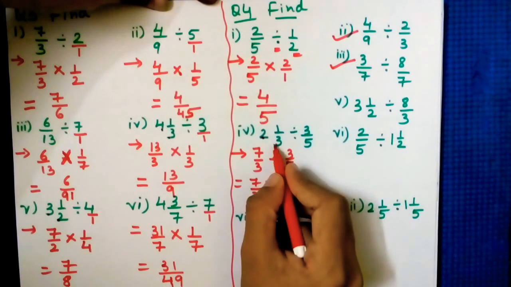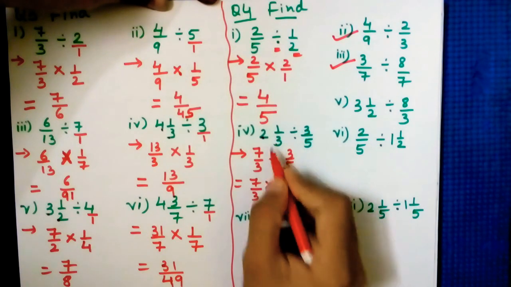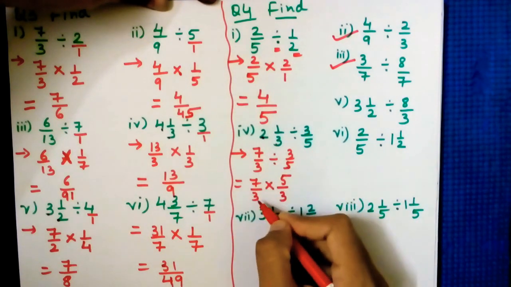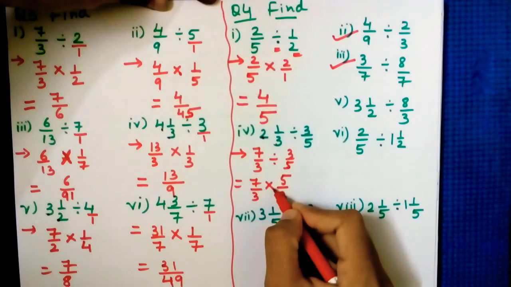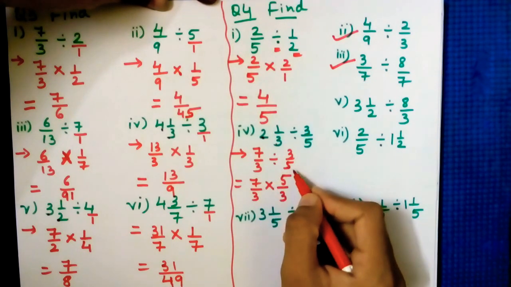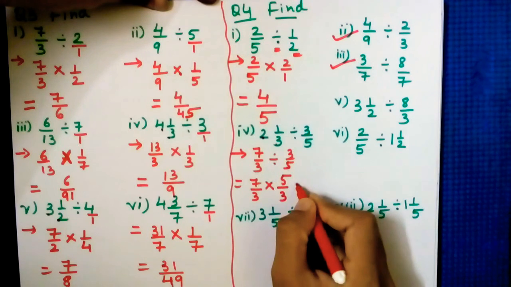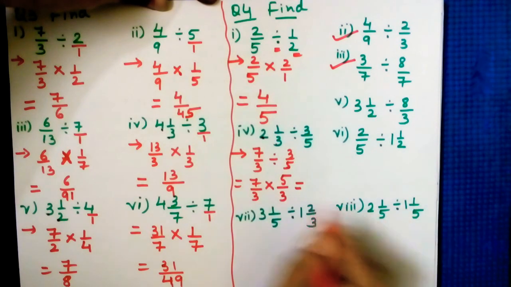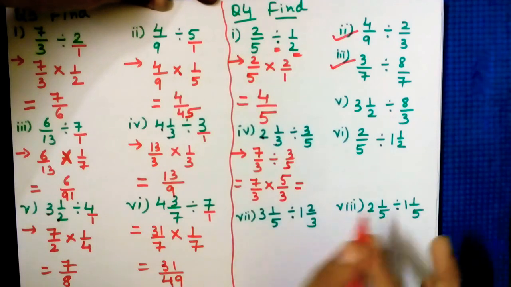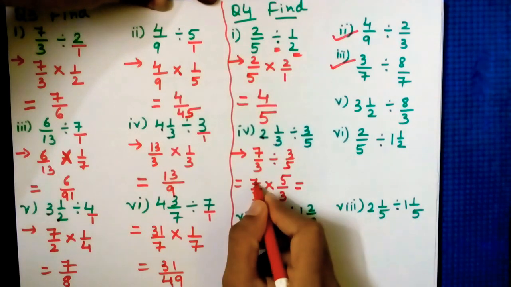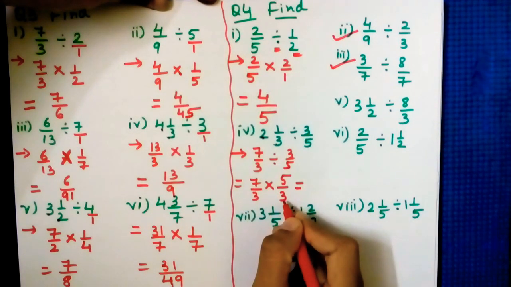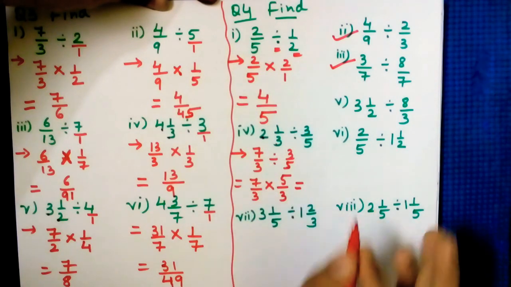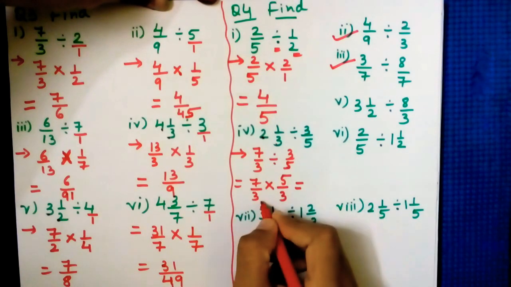First step we have to convert this mixed fraction into improper fraction, and other thing we have to keep same. Then in next step we have to change division sign into multiplication, and we have to take reciprocal of this part. Now multiply, because cancellation is not possible. ऐसे बाजू बाजू में cancellation is wrong. Don't do this way, 3 and 3 cancel. No, that is wrong. For cancellation, one should be in the numerator and other should be in the denominator. This way only you can cancel, and both should come in same table.